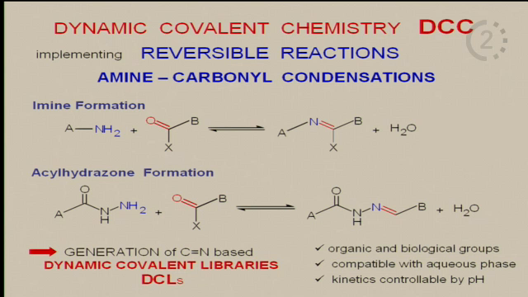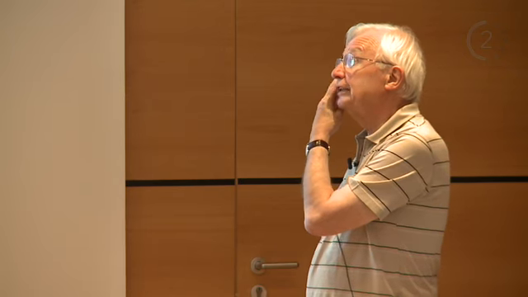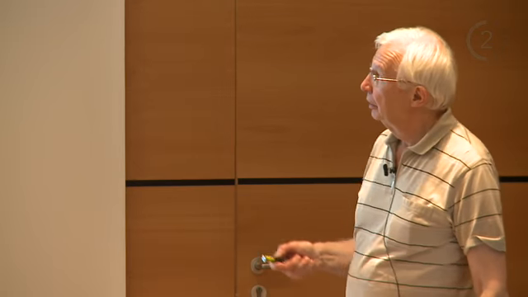And this is acyl hydrogens. All right, so you can generate dynamic libraries based on CN double bonds. So the first case which was studied, this was Ivan Huck at that time. After having started this thing, we said, okay, let's apply it, let's test the principle on an enzyme, carbonic